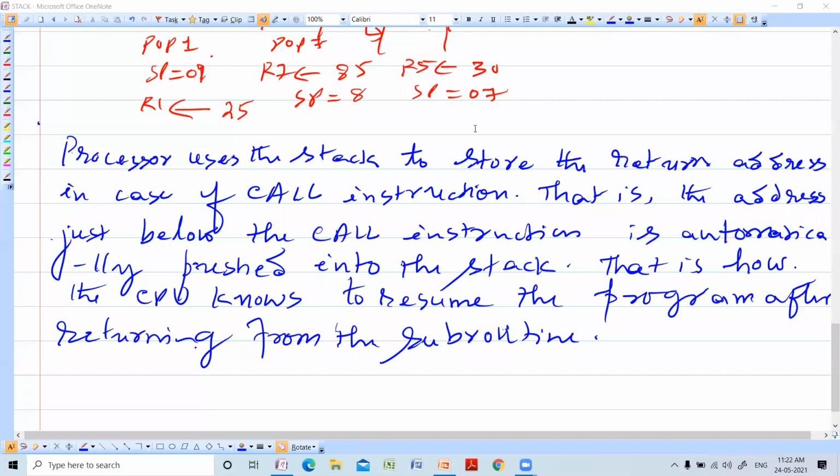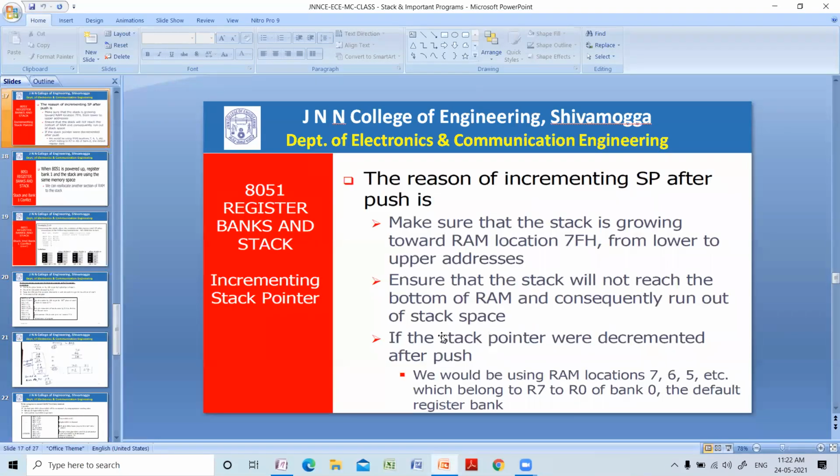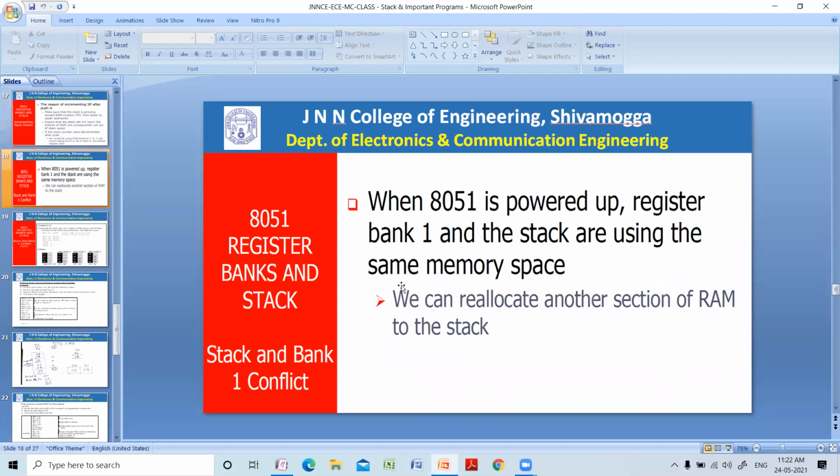Point number 2 is, as we are using register bank 1, if you decrement, you may enter into register bank 0, which is the default memory location. Third point is, we should always keep the stack growing from the lower to the upper address towards 7F. That is why we will always be incrementing the stack pointer.